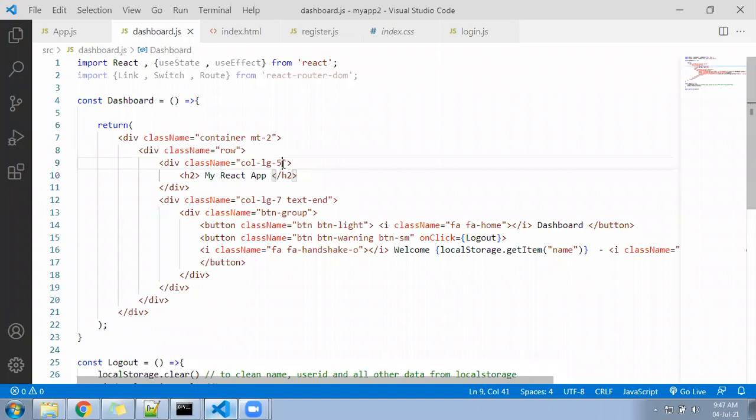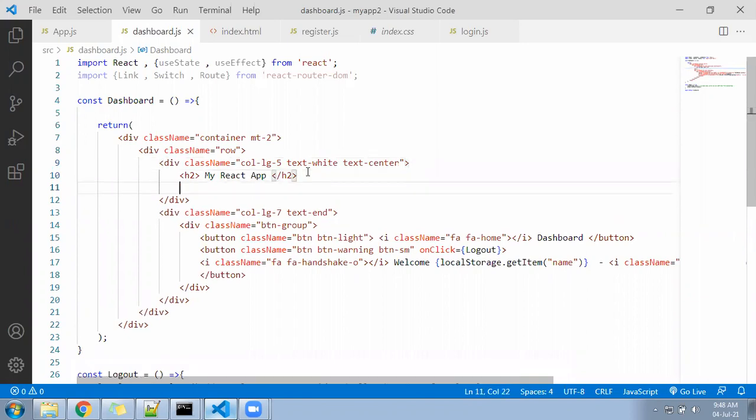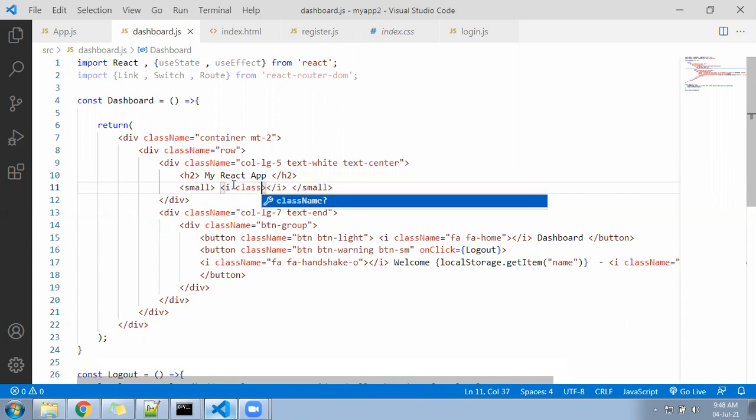For this, you can write text-white and text-center, and here in a small tag you can write an i tag, open and close, and keep inside class name equal to fa fa-signal.